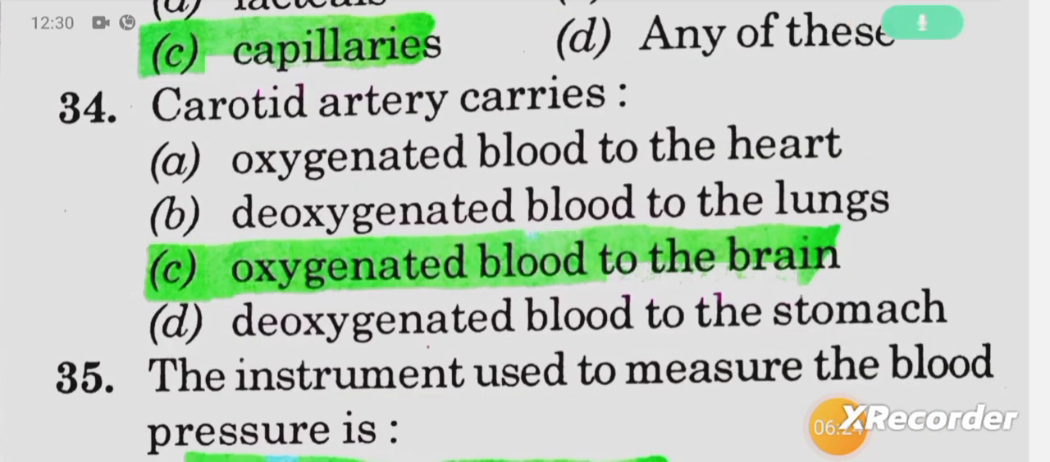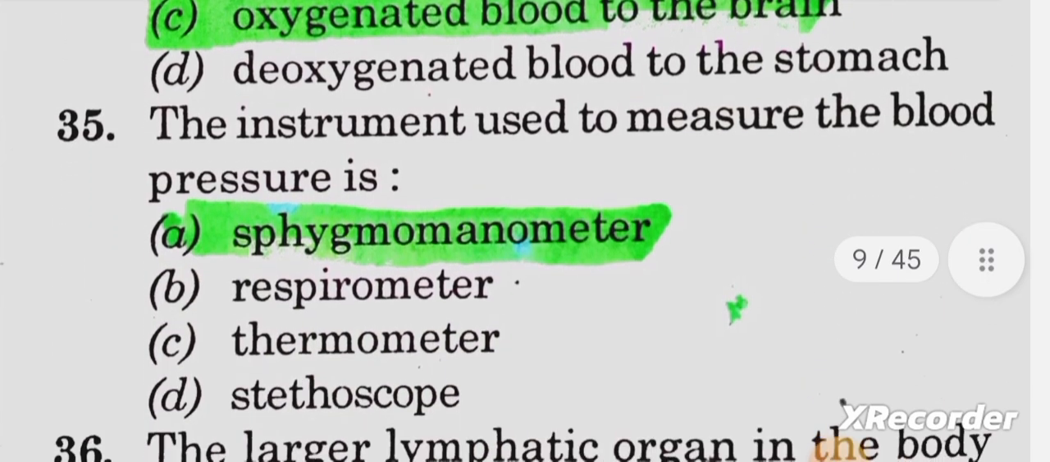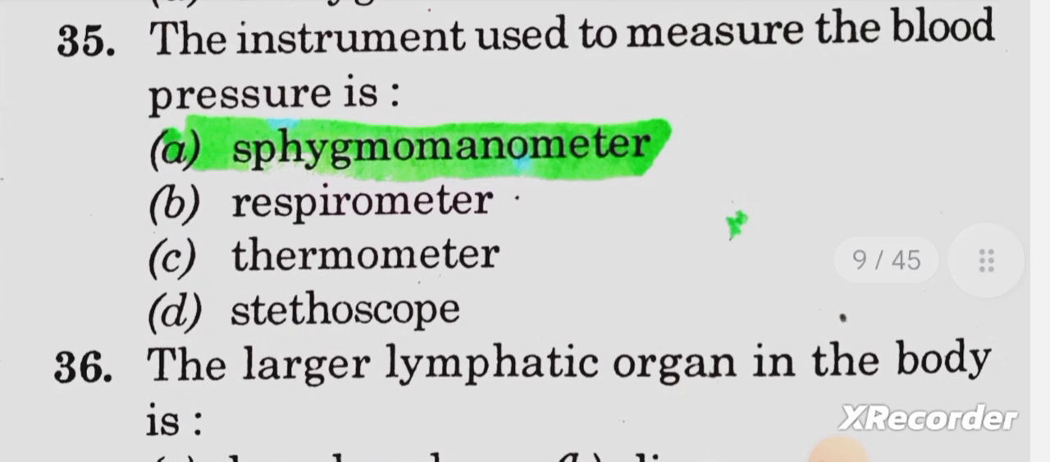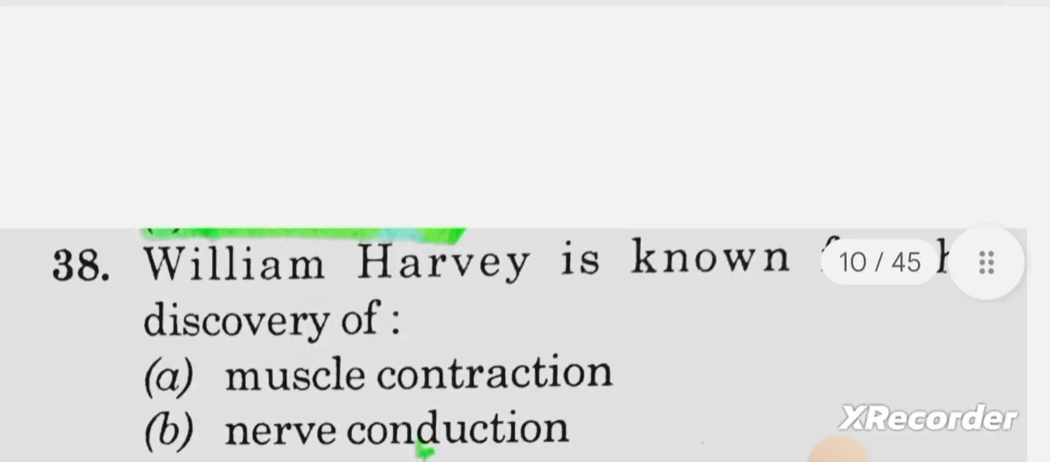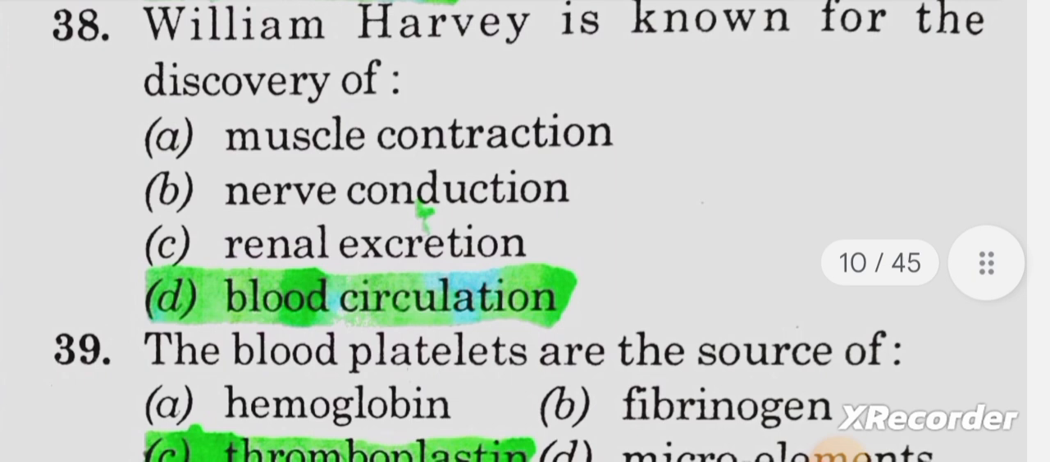Next 34. Carotid arteries carry answer C, oxygenated blood to the brain. Next 35. The instrument used to measure the blood pressure is answer A, sphygmomanometer. Next 36. The largest lymphatic organ in the body is answer D, spleen. Next 38. William Harvey is known for the discovery of answer D,